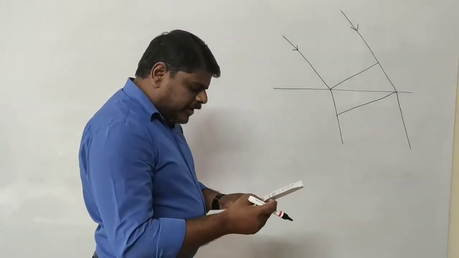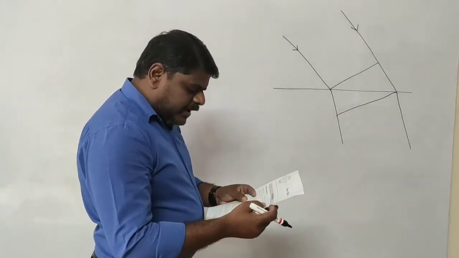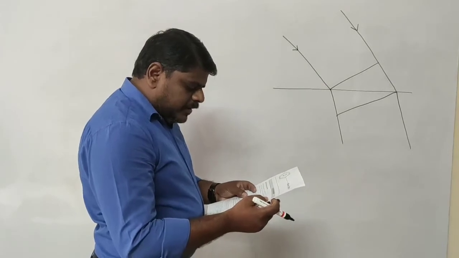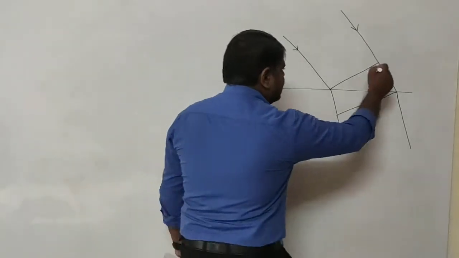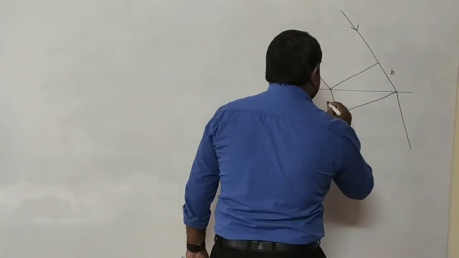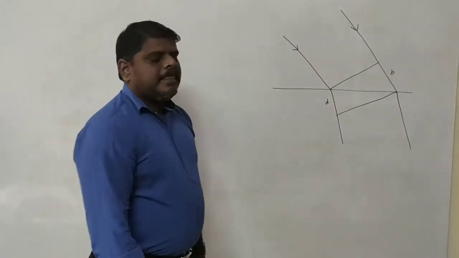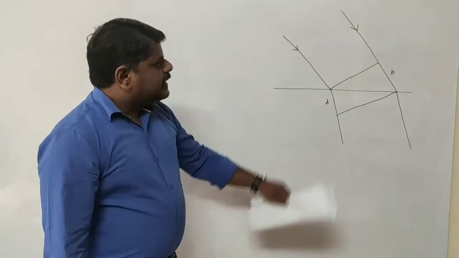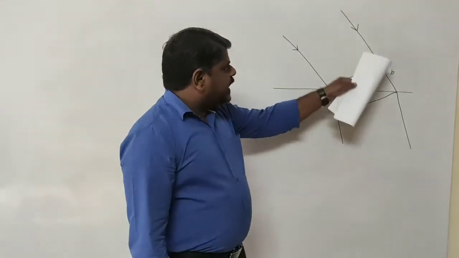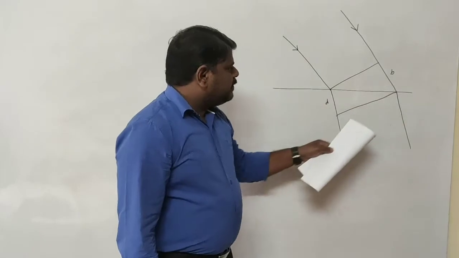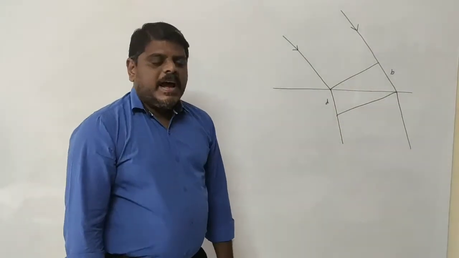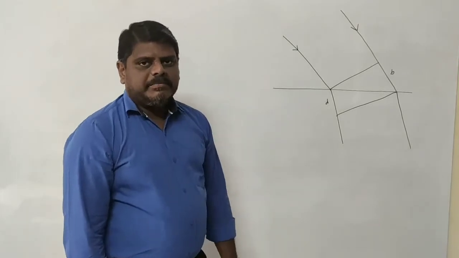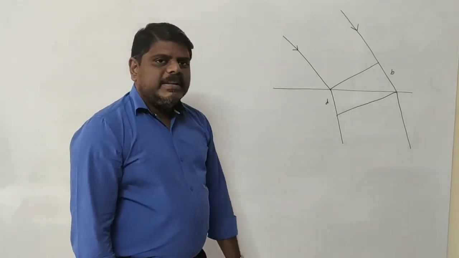According to the given values, A, B and D are given. The distances traveled are B and D. This distance is B and this distance is D. This ray of light traveled B distance in the air, and this ray of light traveled D distance inside the water, and both are traveled in the same time.